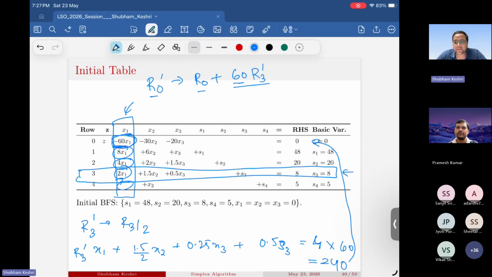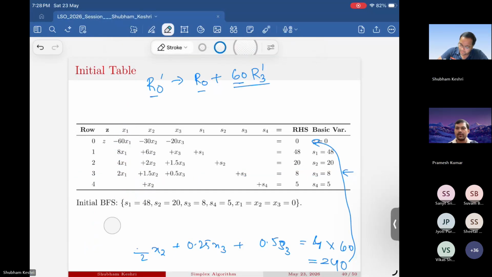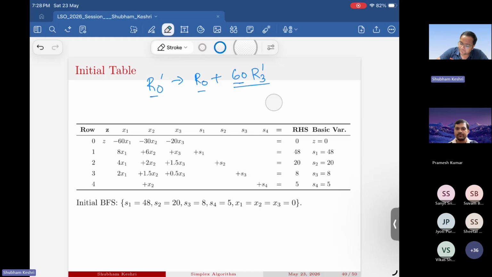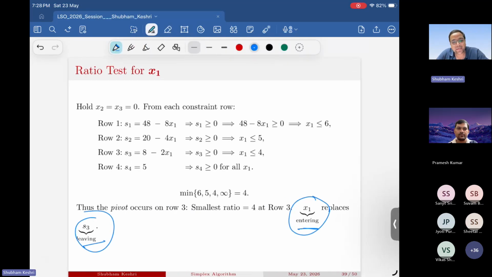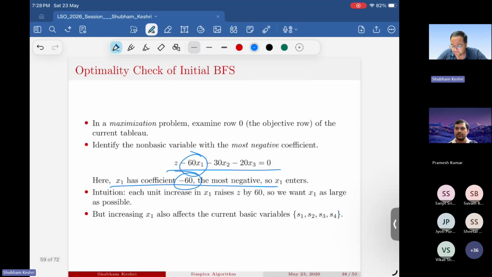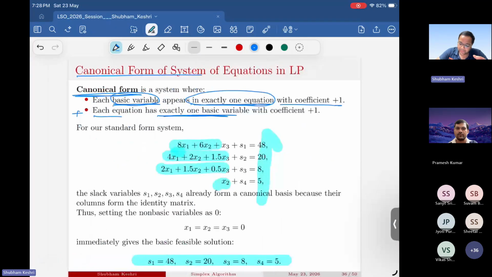So I suppose we have come to the end of this lecture or this session. There was one question related to how to find the initial feasible solution. Initial basic feasible solution. Okay. So you see there is some theory over here coming from linear algebra. So I'll not go into that theory. But what we are doing here is that